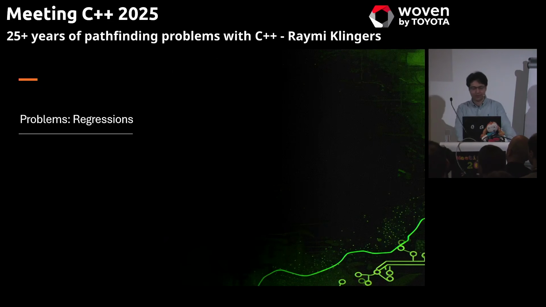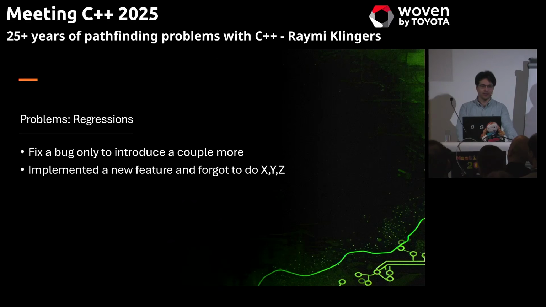Now, development from our side, we're also not perfect. We tried to fix some of it, the classic. You fix a bug, you get 3 more. It happens. You introduce some regressions, you revert it, and you try to do better. But we also had something that I call ritual programming. When you implement a new feature, you forget to do X, Y, Z because it's just some functions that you need to call because otherwise some system breaks. It's not documented anywhere, the code doesn't error or anything. You just need to remember.